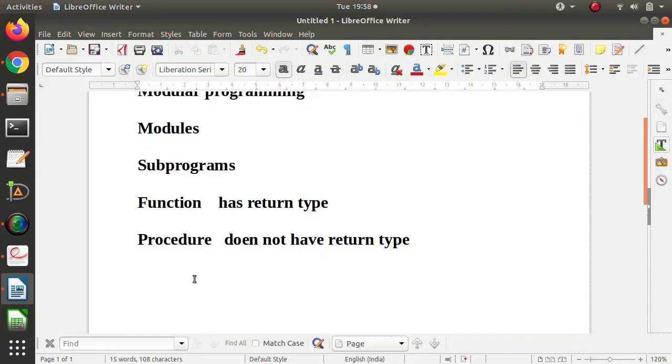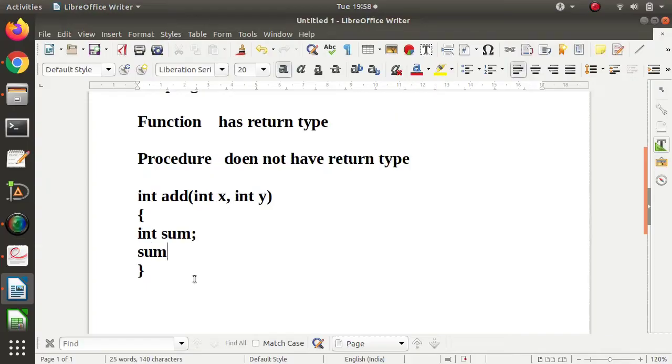If we take a simple example, suppose an integer add function is taking two variables, x and y, and we are calculating sum, where sum is equal to x plus y.